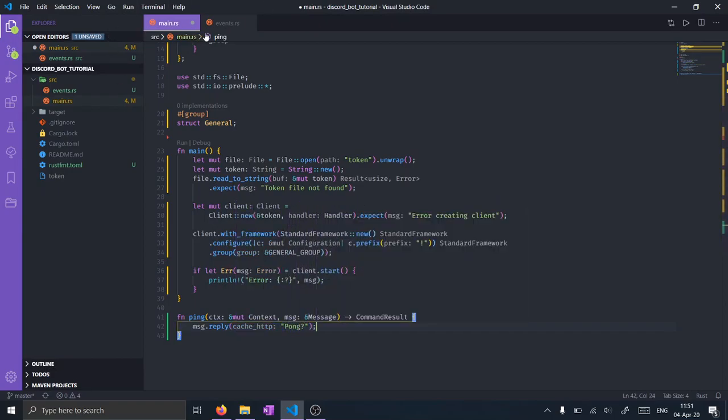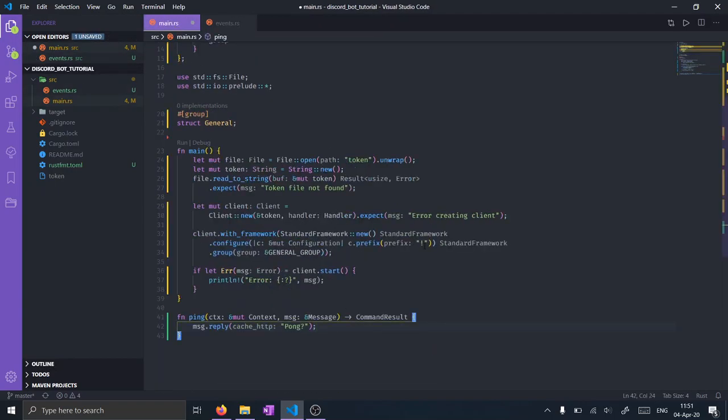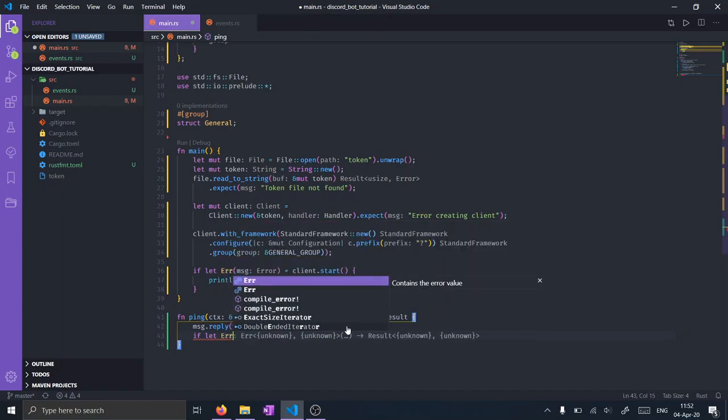I think over here we actually used a question mark. Yeah, we did use a question mark. So instead of that, we'll use a question mark. And we're also going to put a question mark here. This question mark basically means if message.reply gives an OK, then do nothing. But if it's an error, return an error. So basically expands out to